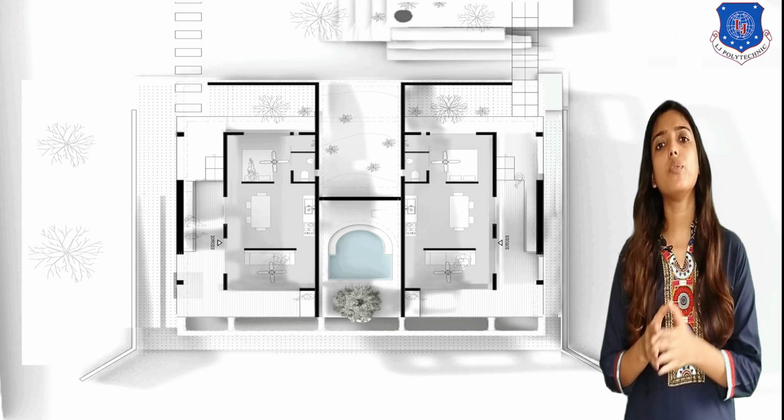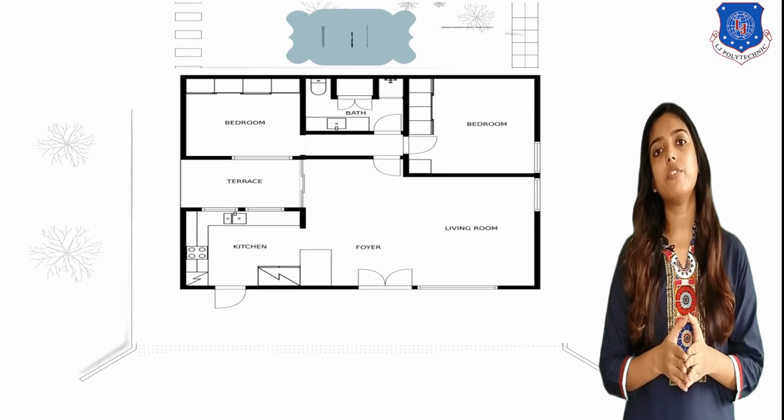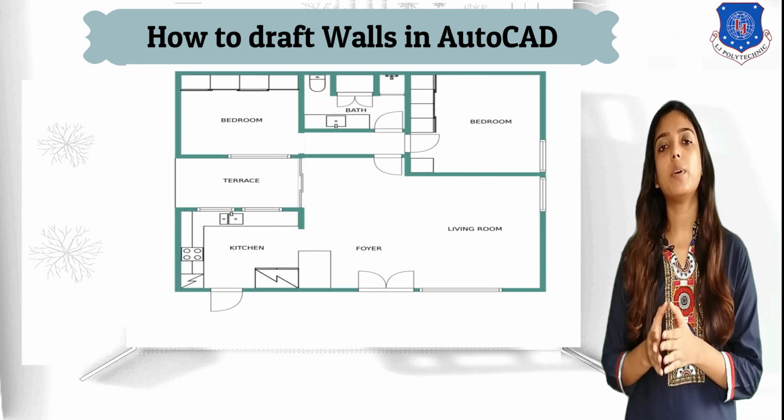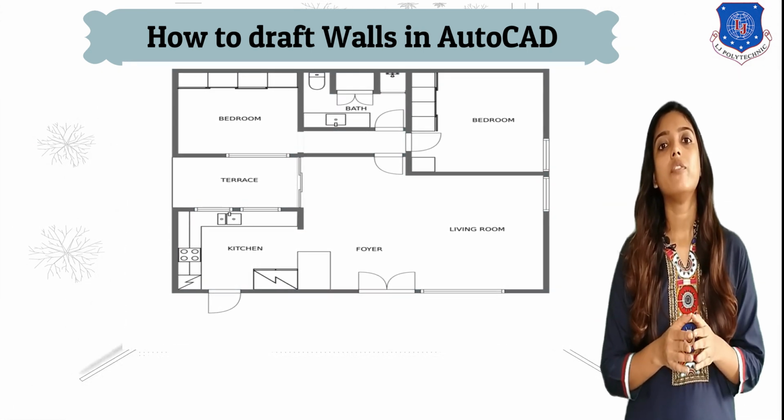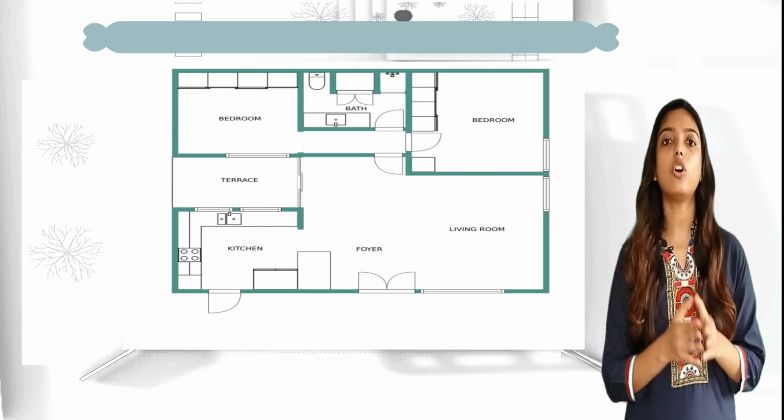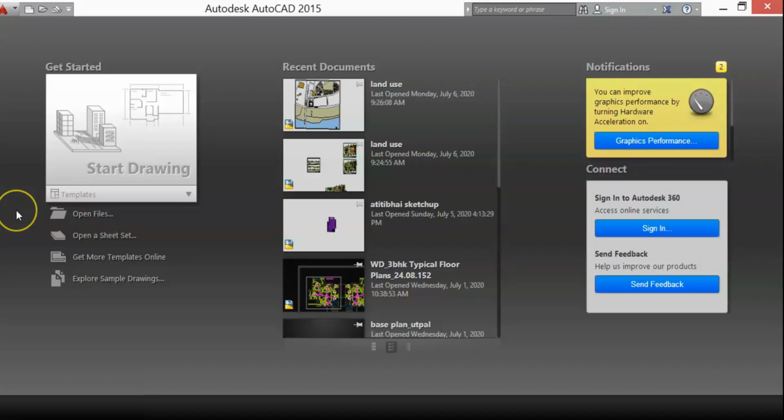So in this video we'll see how to draft a wall as per the perfect scale with the help of a reference image in AutoCAD. So let's get started. When you start AutoCAD, you will get this kind of display. For a new drafting or a new file, you have to press on Start Drawing, and to open any old files, you have to click on Open Files. Currently, we are working on a blank sheet and we are drafting from the start point. So we'll click on Start Drawing.